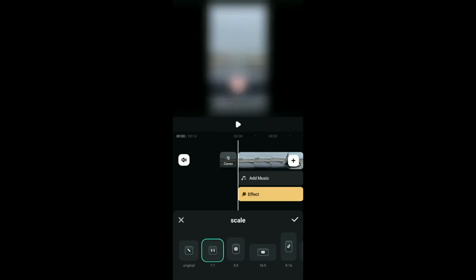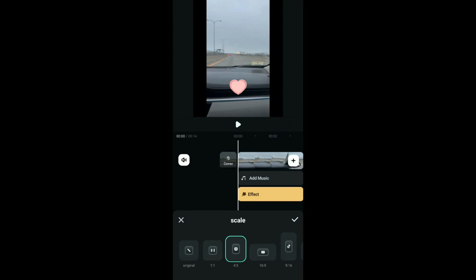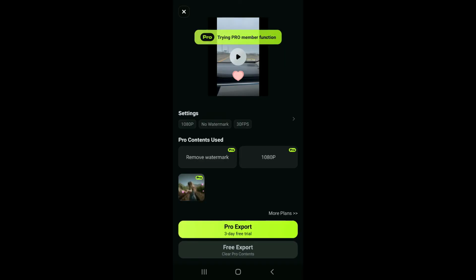On the bottom menu, choose your desired aspect ratio from the ratio options, and then once you've adjusted your video to fit the selected aspect ratio, tap on the tick mark at the bottom right and finally click on the export button at the top right and select one of the export settings to save your video or to download it onto your device. So that is how you will be able to change your video size on Filmora application